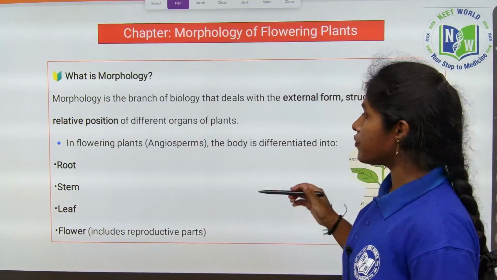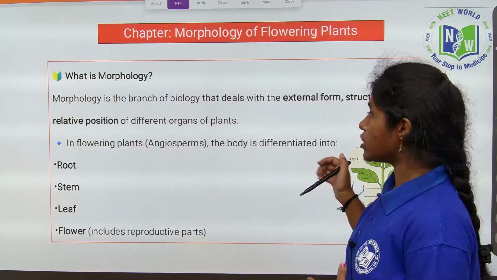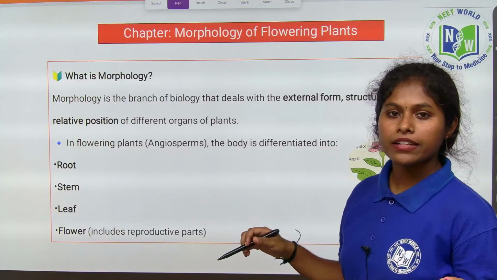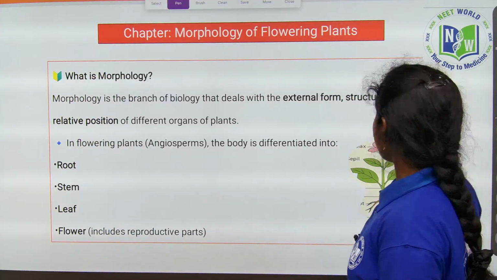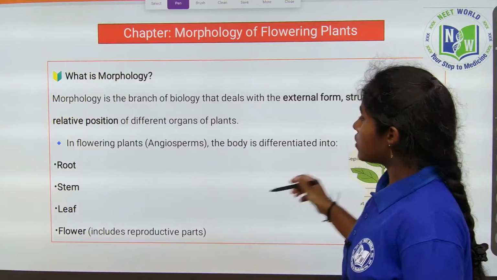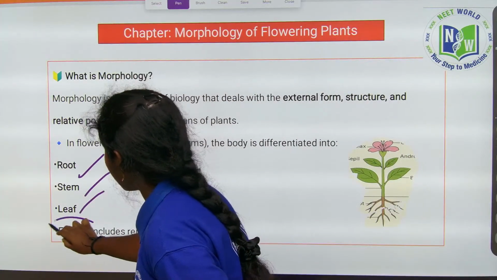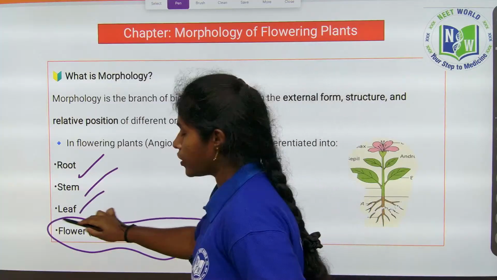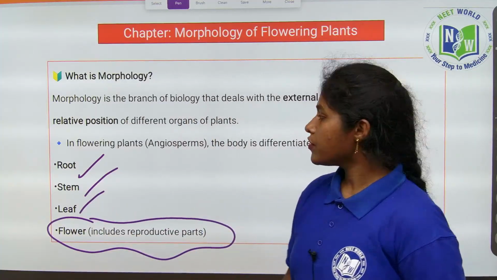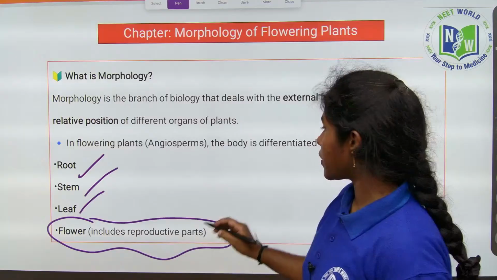Here we are studying morphology for the flowering plants. Flowering plants are also called angiosperms. The body is differentiated into root, stem, leaf, flower, and including that we are going to study the reproductive parts also in this chapter. First, as per the 3 questions, one is root,